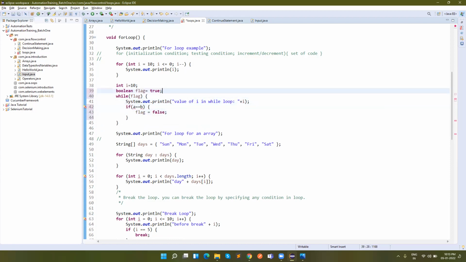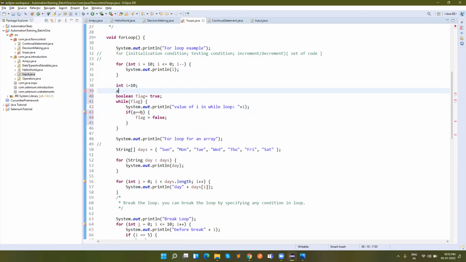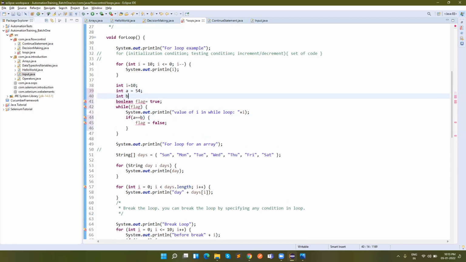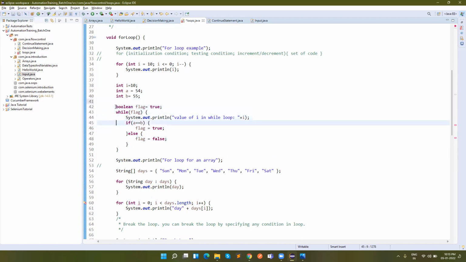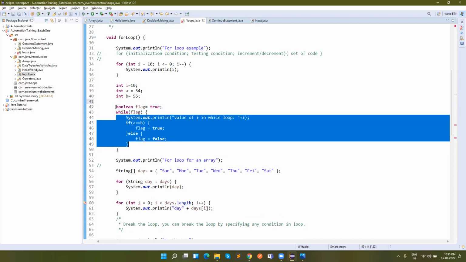Here I am defining integer A is equal to 54, integer B is equal to 55. Else set flag is equal to false. So this is a type of while loop where we don't know for how much time it will repeat this loop. It will repeat this line of code.